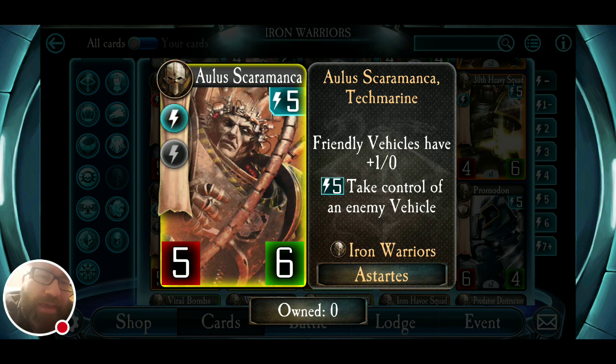His energy ability is pretty costly. 5 energy, take control of an enemy vehicle. I don't know how well that works. I mean, as a legendary for 5, that's not a bad card to have, especially if you're doing a vehicles build, because again, as we've seen, your vehicles can quickly become very strong, very powerful, and if they're already on the table and you drop this guy, they become just one notch stronger. But I don't know how often taking control of an enemy vehicle would come into play,